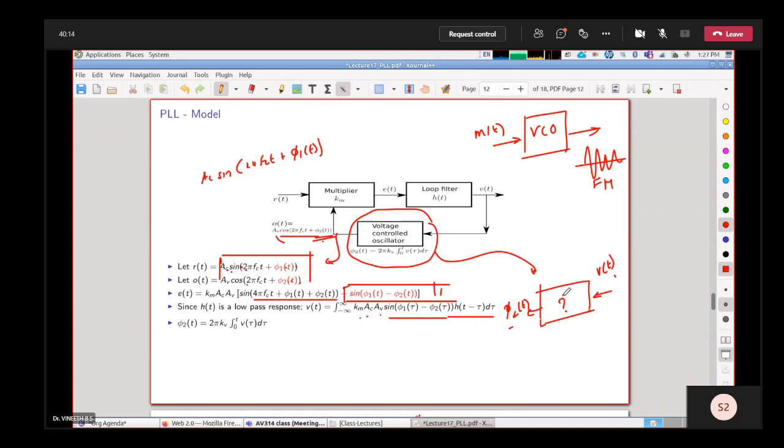So we know that in the VCO, this relationship holds. The output phase is the integral of the input control voltage value, or the instantaneous frequency at the output of the VCO is going to be proportional to the input voltage control value. So once we know that we need a system like this where v of t is the input and phi2 of t is the output, then this is determined by the VCO transfer characteristics to be just an integrator. Is that clear?